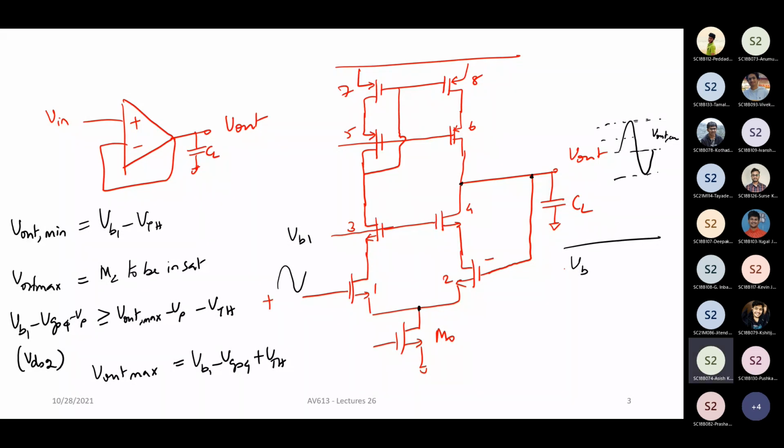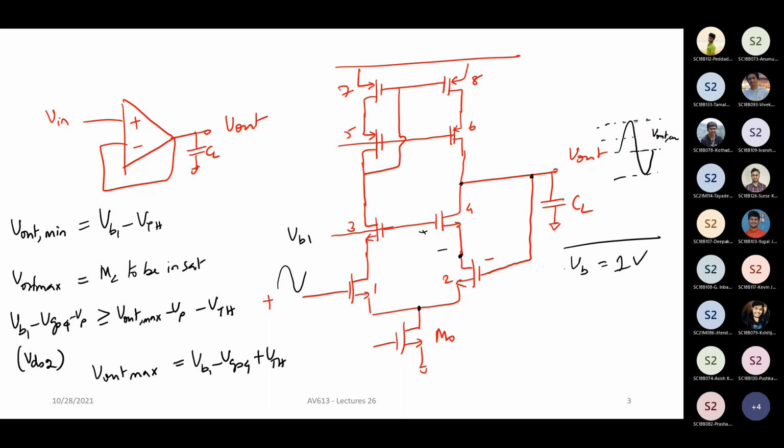Okay, sir. Because the VDS here already goes through this VDS4, right? So basically what you will do is you will put your VB1 such that you have a good swing room. Now, because of that, this voltage is already crunched. So this will go out of saturation even before the other one.